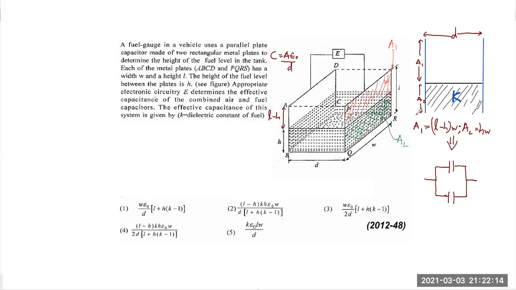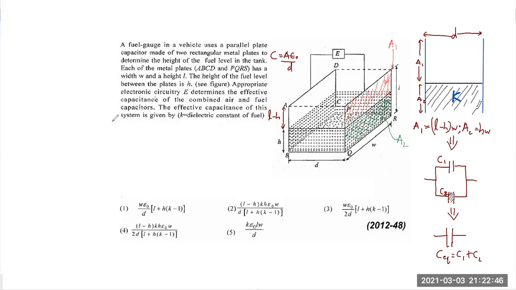Whereas one of them is filled with a dielectric substance, like this. So I'll take this capacitor as C1 and this capacitor as C2. Ultimately, the equivalent capacitance will be given by C1 plus C2. Why are the two capacitors added? They must be added because they are in parallel, C1 plus C2. So your target has to be finding C1 and C2 separately, and then you add them, get the answer. Simple as that.